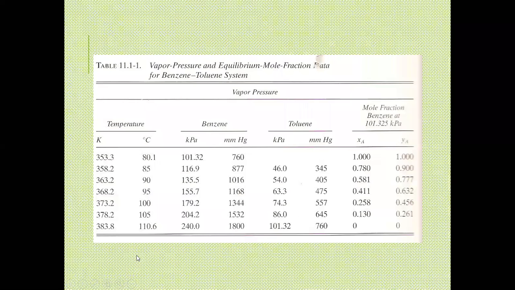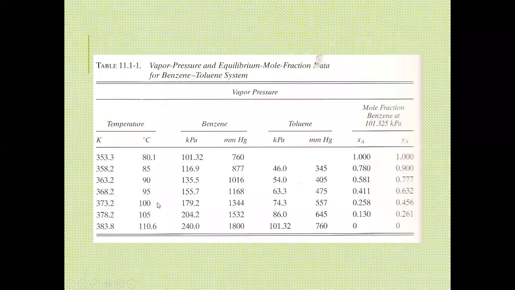The table that I'm referring to, equivalent to this one, I'd like to go back temporarily to this one, is this. So if you don't have that diagram, you can have this one. For a particular temperature, this would be your corresponding XA and YA. For example, at a temperature of 100 degrees Celsius, the mole fraction of benzene in the liquid phase is 0.258. In the gas phase, it's 0.456. So you can see these are your XA and YA for a given temperature. You don't have a diagram anymore when you are to read it yourselves.